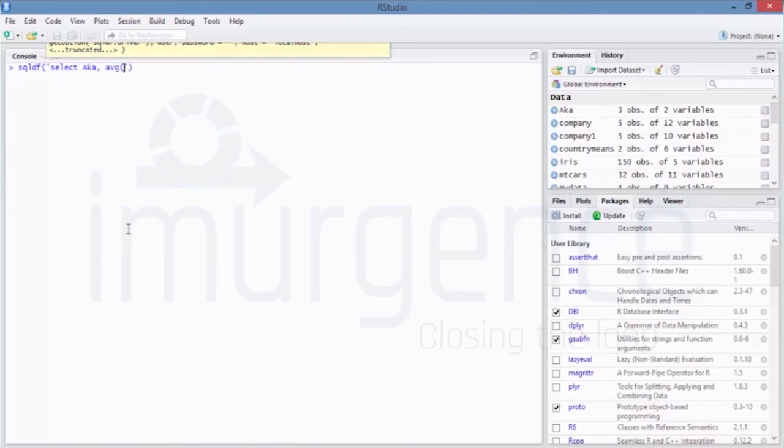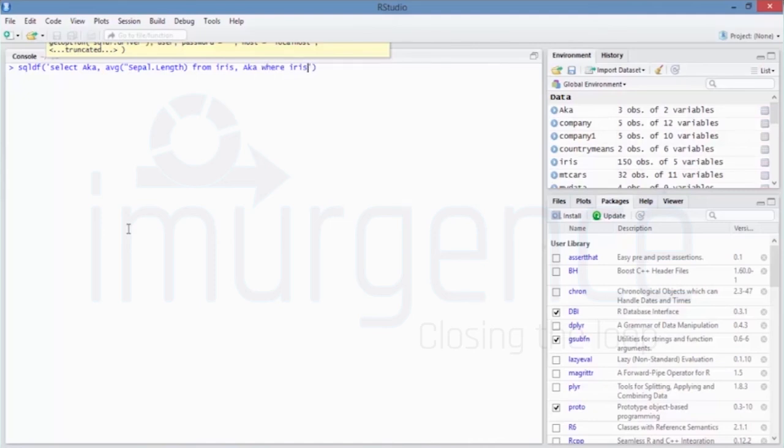And I'm doing the average of Sepal.Length from iris, and aka is your master data, where